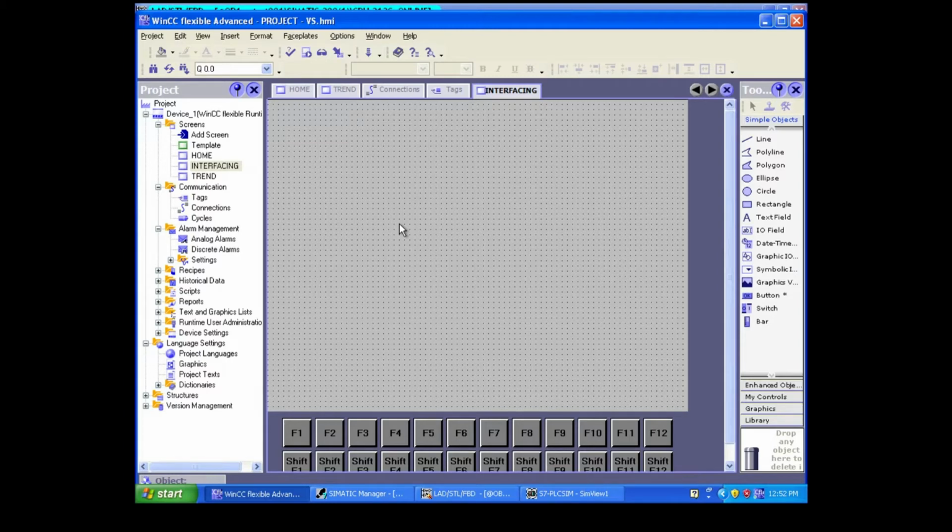There we have one start switch, one stop switch and one lamp. So I'm going to take one start here. But before that, we'll do the frame for our interfacing.